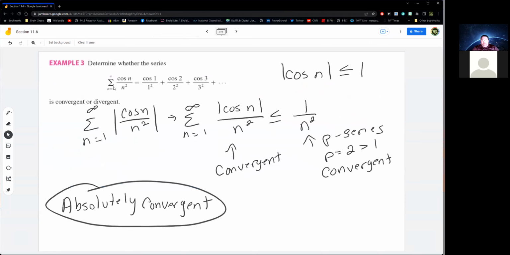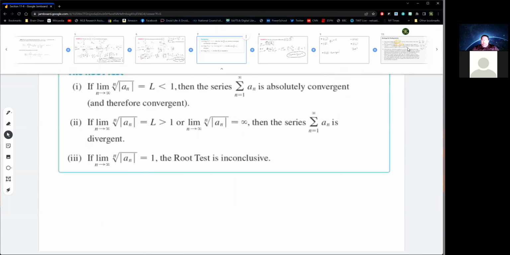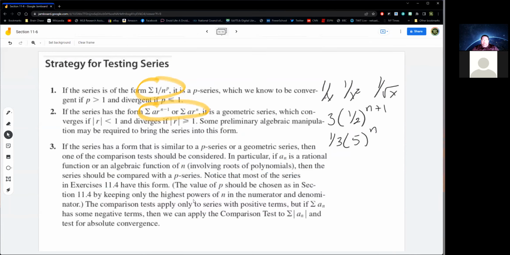This wasn't a P series or a geometric series, but I was able to compare it to a P series. So if we can compare it to a P series, I'm done. Compare it to the P series, and then I don't have to worry about it. Same thing with geometric. If I can get something to compare to a geometric series,